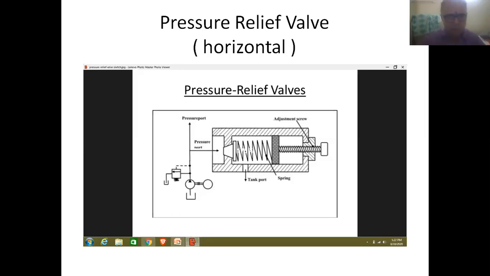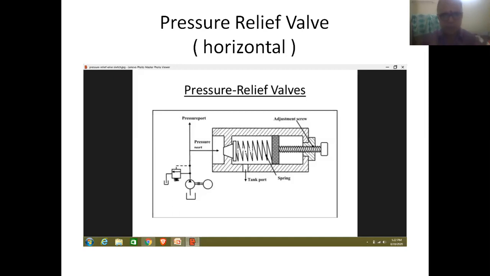That is, flow of fluid under normal conditions, and flow of fluid under abnormal conditions. So friends, as a whole, under abnormal conditions only, the pressure valve will automatically come to the open position, and under normal conditions, the pressure valve will automatically come back to the closed position.